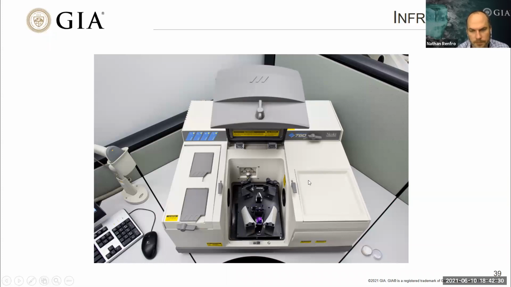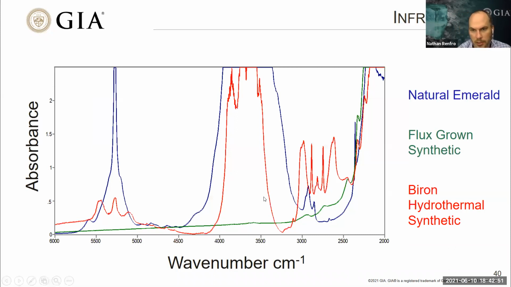You have your infrared beam that travels through here and goes through this mirror array, and then it bounces off of your mirrors and then through your sample here, which is this purple stone, and then to the detector over here. And so then we measure the absorption spectrum in the infrared region,